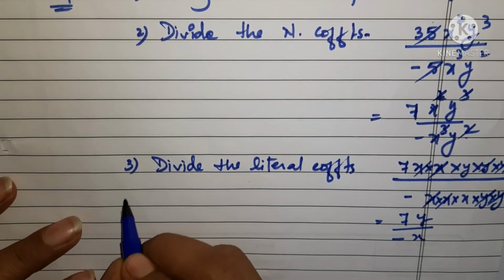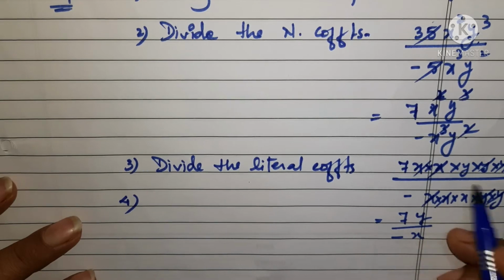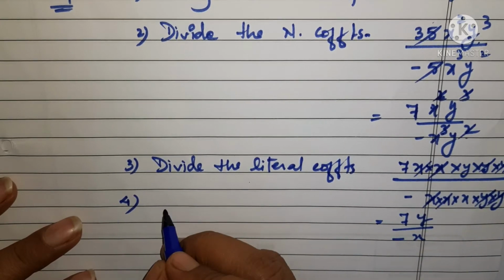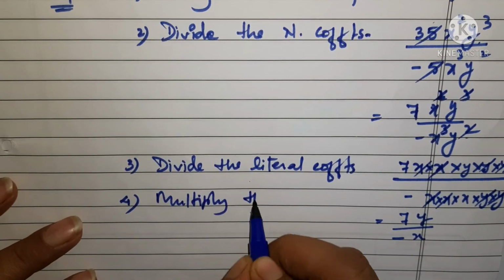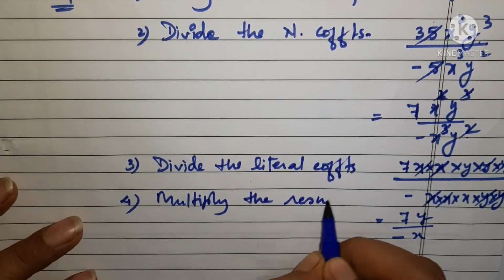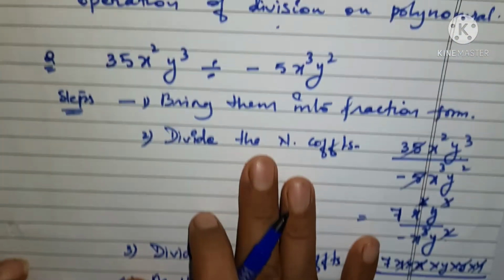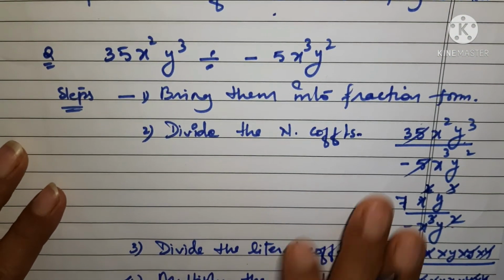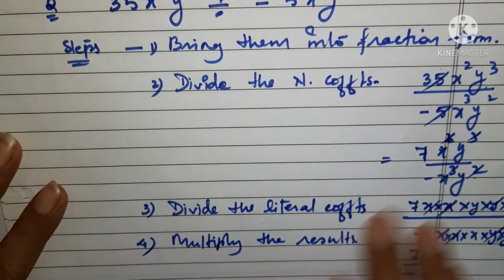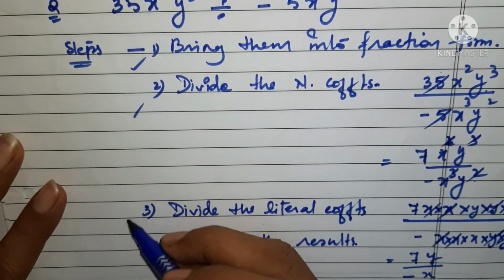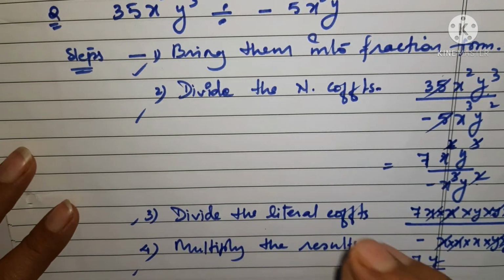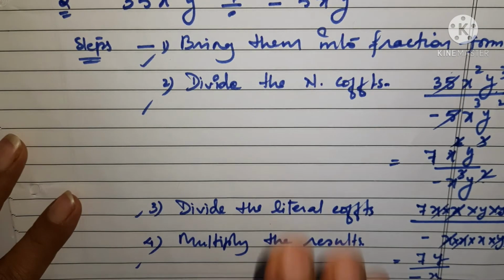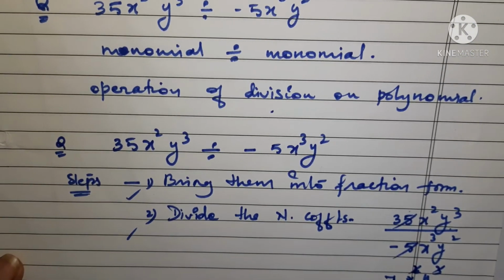Okay. And in the last one, what we are doing, we are simply multiplying. See, we have multiplied the rest of the result. Okay, so multiply the results. This is the last rule. Okay, so rather than doing this much, how to do this, we are going to understand that. Okay, we are not going to write all these steps and then solve it in this way. Okay, in what way we are going to put it in the notebook, that I am going to tell you, so that you will feel it is easier.